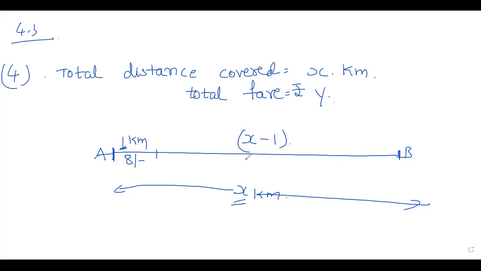Then for the fare for remaining distance, that is per kilometer, it is 5 rupees. x into x minus 1. Total is x, and here remaining distance is x minus 1. So we do not know how much it is, we have to find out. So for the remaining distance, how much do they charge? They are charging 5 rupees. So I have written 5 into x minus 1. Now the total fare